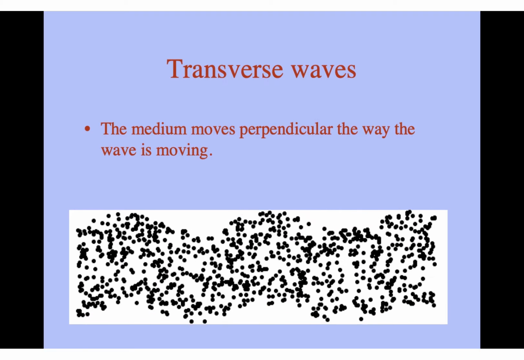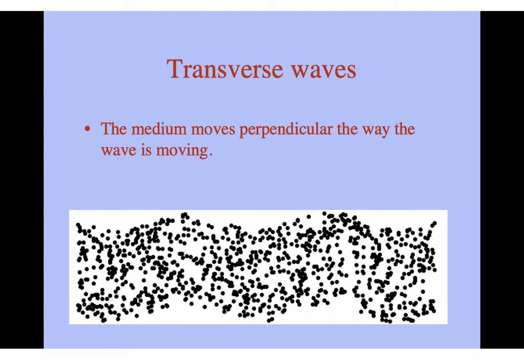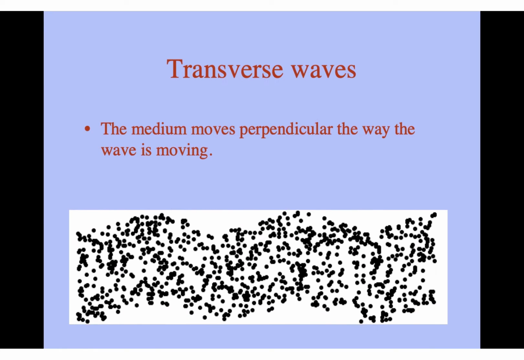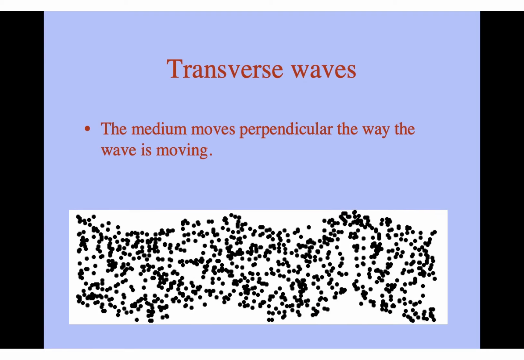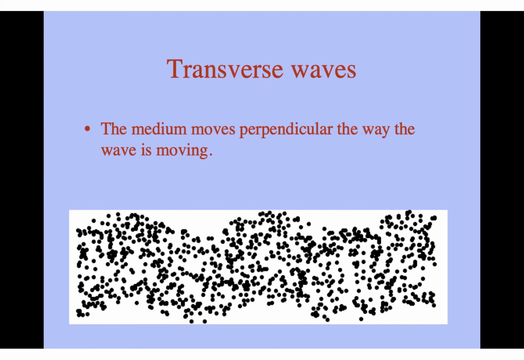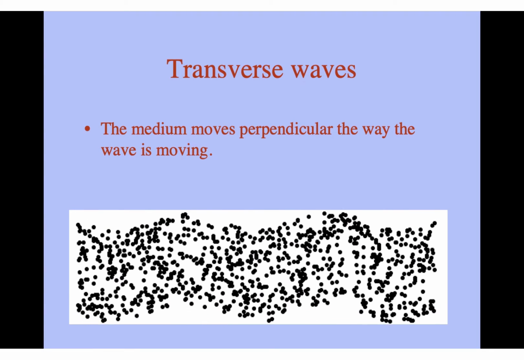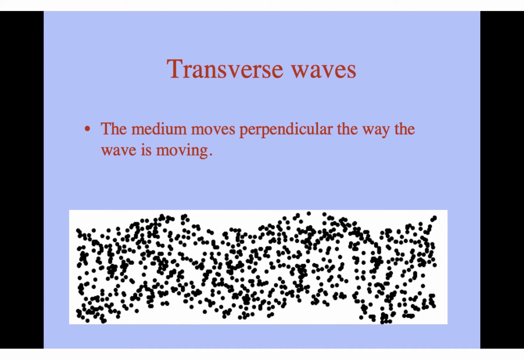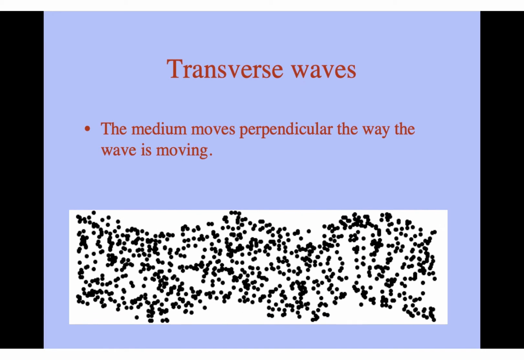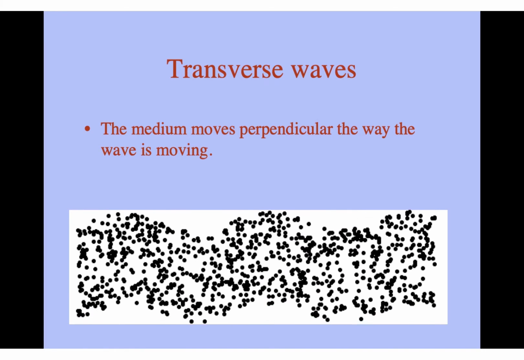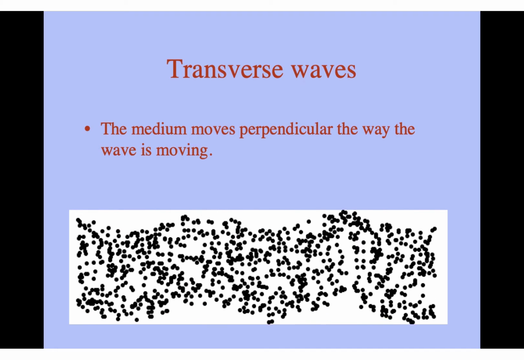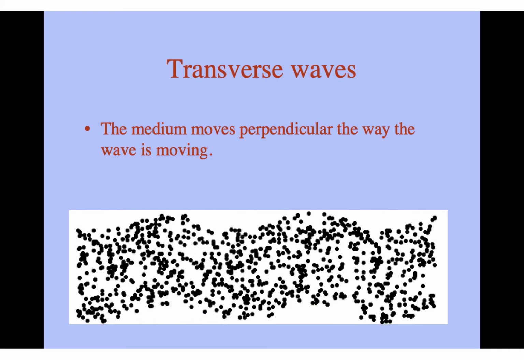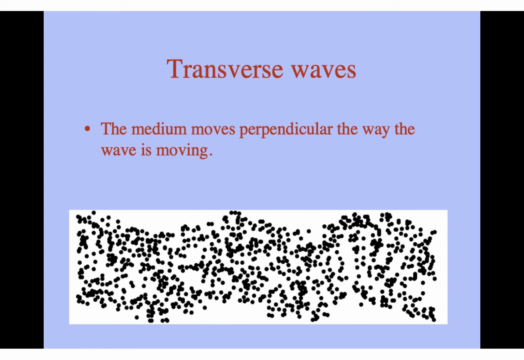All right, so our transverse wave, you notice our transverse wave because the object is going up and down, and the energy is traveling through. So think of if you're holding on to a rope or a hose, and you're moving it up and down really fast, and another person has the other side. That other person's going to feel the energy travel through the rope and get to their arm, right? And the rope itself is going to move up and down. So the medium moves perpendicular to the direction that the energy in the wave is traveling.